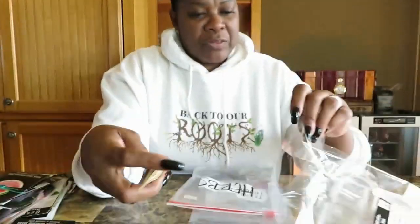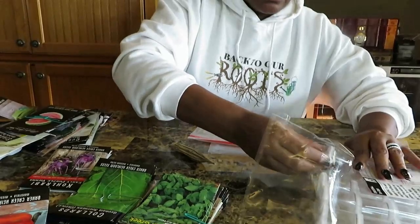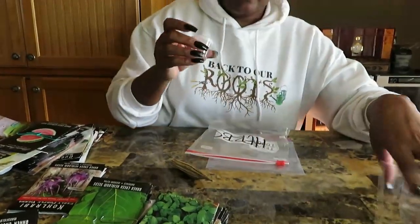And we have those pods. Pick up one of those pods. We started those from... I don't know if you guys can hear this. We bought these little containers, little bottles from Amazon. Y'all know how Amazon works. Just to hold the seeds. How much are these? I forgot. It wasn't expensive at all. No more than $10. So we bought them for these